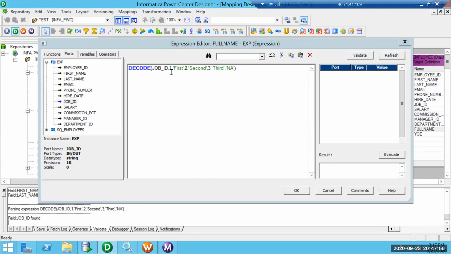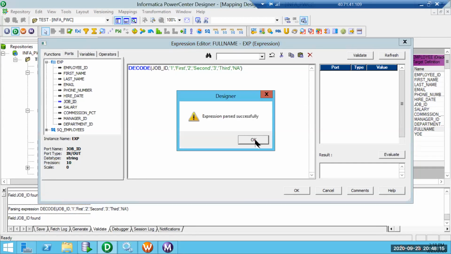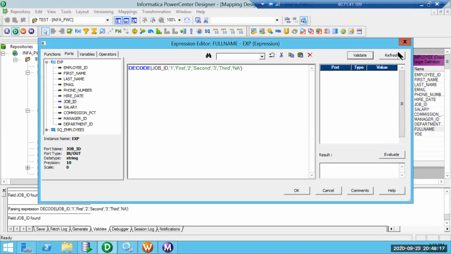So, yeah. Since these are integer and string, it is having issues, so I gave it in the form of string.